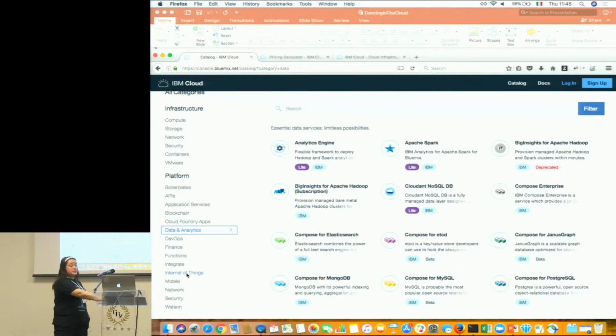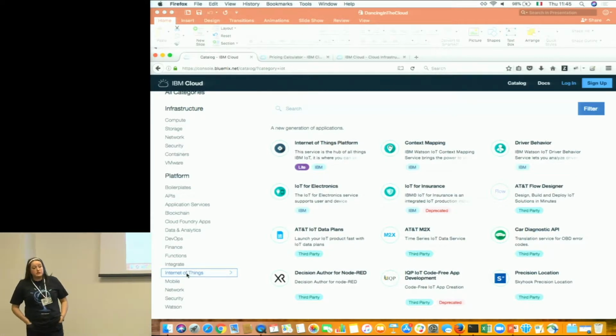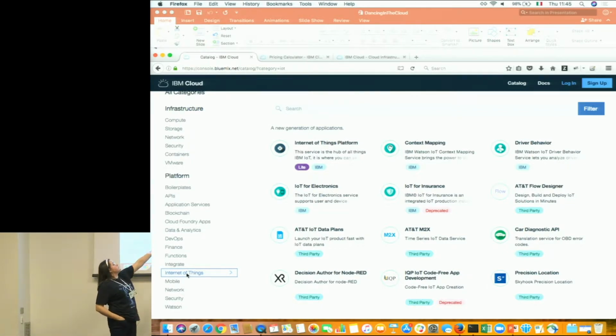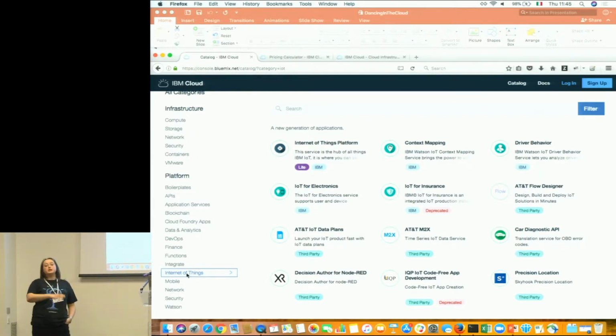Internet of Things. Everything you need to help you build your Internet of Things application, monitoring and testing it, you will find in this section. You will also see some pretty interesting things, like tailored solutions for Internet of Things, for example tailored for insurance, tailored for driving scenarios, tailored for geospatial analytics. They will be in this family. One of my favorites,